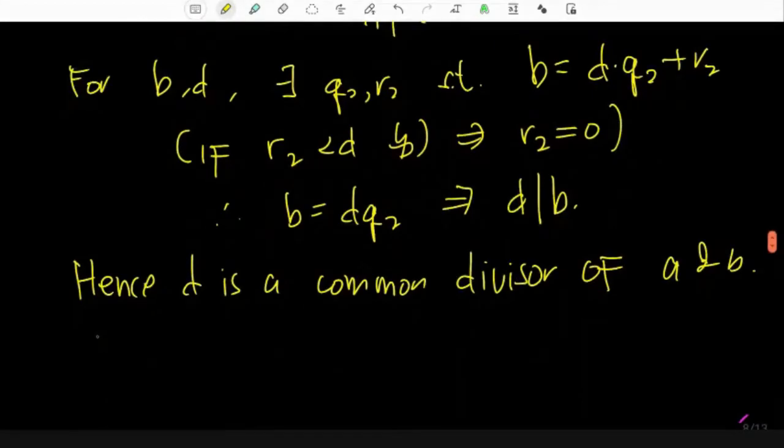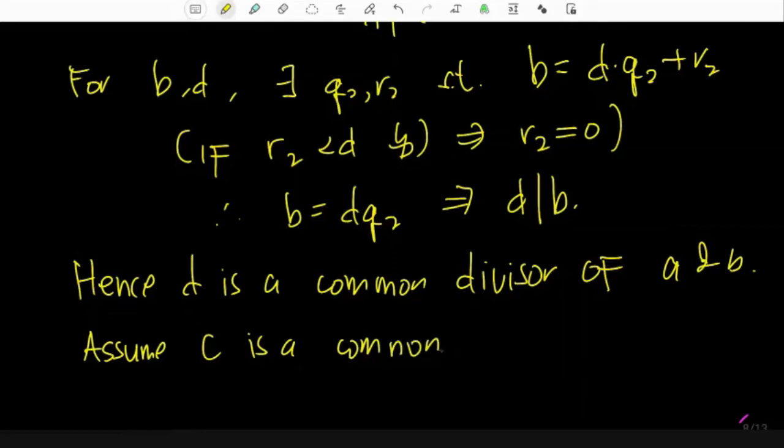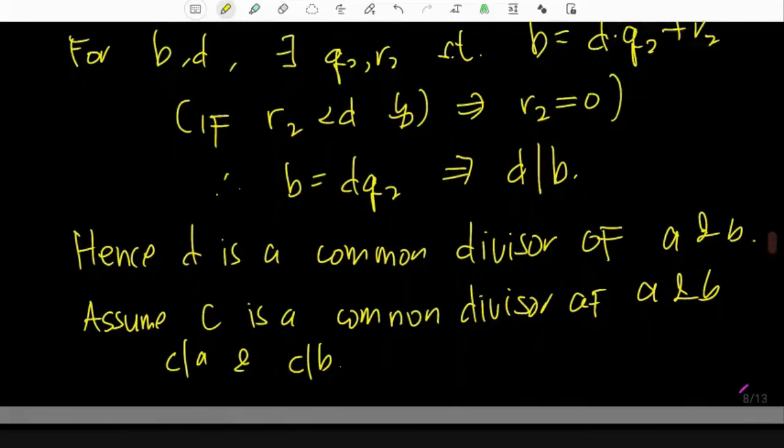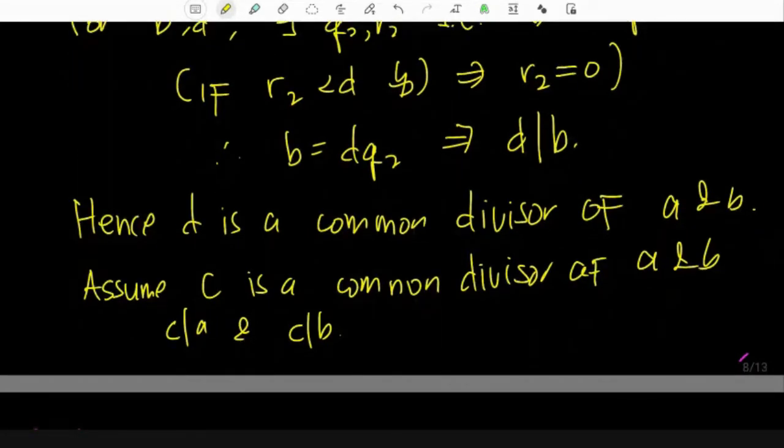Finally, to show that D is a common divisor, let's assume that there's another common divisor. So, assume C is a common divisor of A and B. Ibig sabihin, C divides A and C divides B. Okay? So, ang mangyayari, kung meron kang common divisor, by our property, kung naalala nyo pa yung property natin, sabi